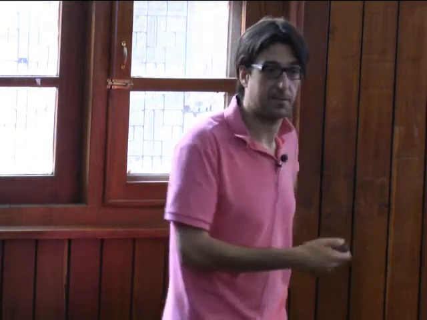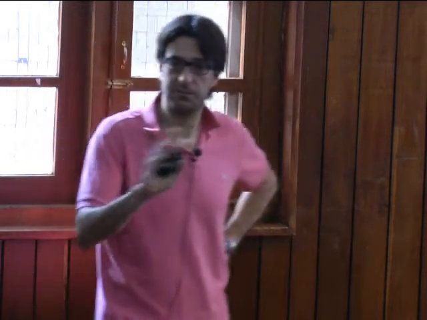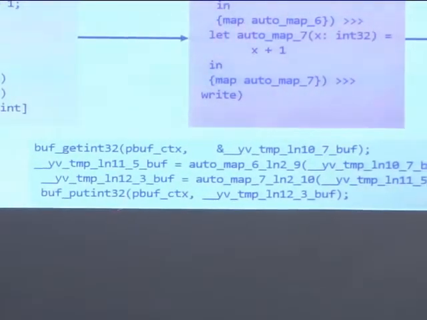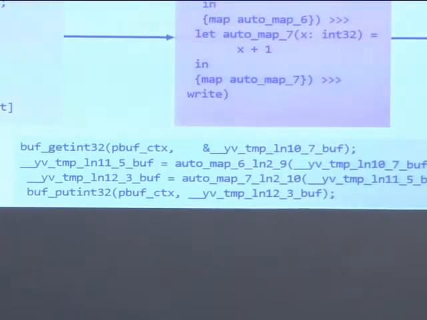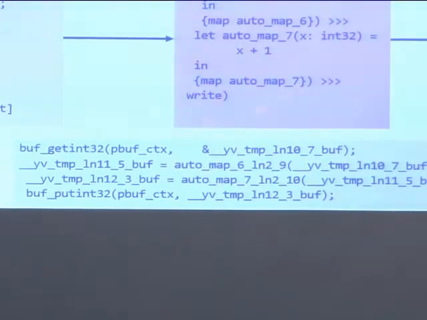So the C code we write is really this. And there are two gotos in addition. I just removed them for brevity, but this is again from the compiled code. You basically get input from read. You call this auto map, so this same variable is passed here. You call it and copy here. Then you call the other auto map, and then this function x plus 1. And then this one is being called input. Again, there are just two gotos in between these two, which I don't show.